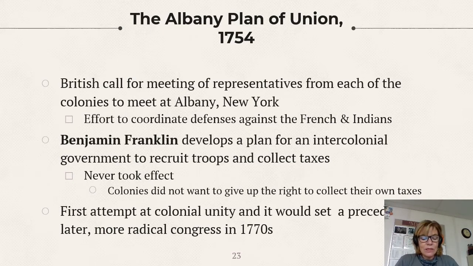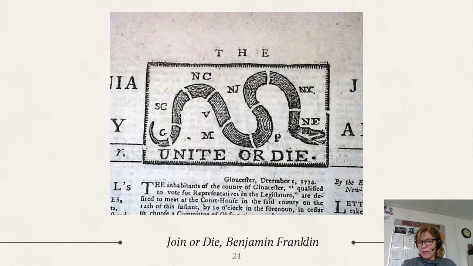So what happened though is they did go there and they did meet, and colonies did send representatives, but then they sent the plan back to their state legislators, and they're the ones that rejected it. So even though they rejected the plan, they still kind of got together. So that was a good thing for what's going to prevail. All right, and Benjamin Franklin too, he produces that first cartoon for a newspaper, as we talked about last time. It morphs into a few different forms, but it's basically we have to come together or we're going to fail. So join or die. And this is going to also take on a whole new meaning during the Revolutionary War, right?